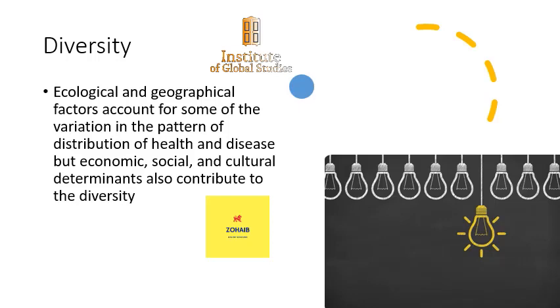The society is made up of diverse populations. The society is made up of different minds, different schools of thought. The geography has created different determinants for different parts of the world, and like those differences, those distributions, those variations, the disease and the health situation is different. So there is diversity in population, and there is diversity in health and disease also, which makes economic, social, and cultural determinants more important for the healthcare, for the